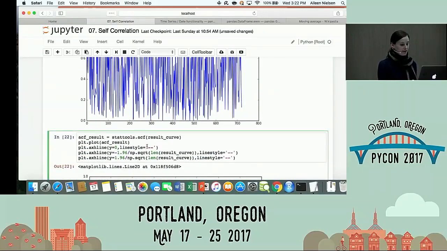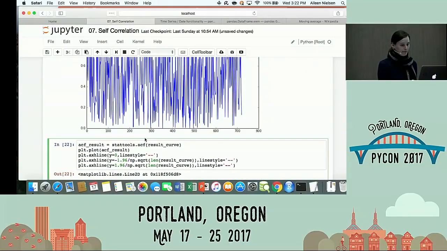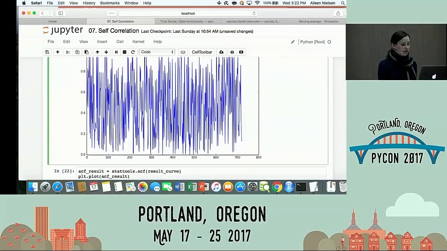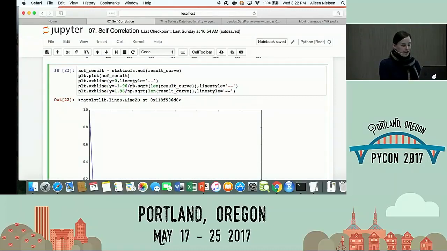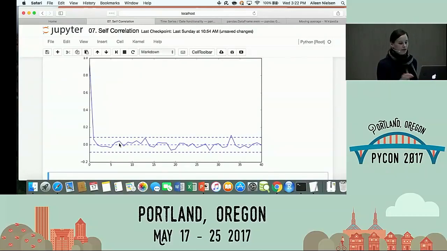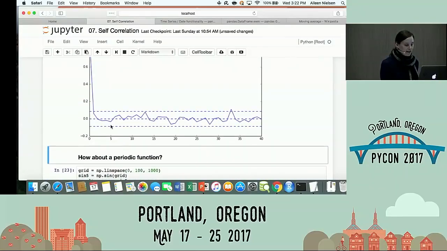So I'm going to use the stattools.acf, and I am going to throw my result curve, which is just noise here, into that, and I want to take a look at what my ACF looks like. Remember, 0 is just correlation with itself. So even with white noise, your 0 lag is, of course, going to be 1, right? You correlate with yourself perfectly. But after that, these dotted lines are just sort of a significance cutoff, kind of arbitrary. Again, you need to make your own decisions, but for our purposes today, it's just a standard significance cutoff.